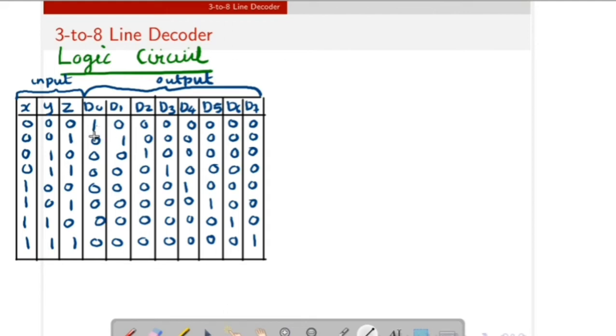We know that D0 is equal to 1 for the minterm X bar, Y bar, Z bar. Then D1 is equal to 1 for X bar, Y bar, Z, like that. So we have inputs X, Y, Z and also X bar, Y bar, Z bar. So first we draw X, then next complement it. So this one is X bar.